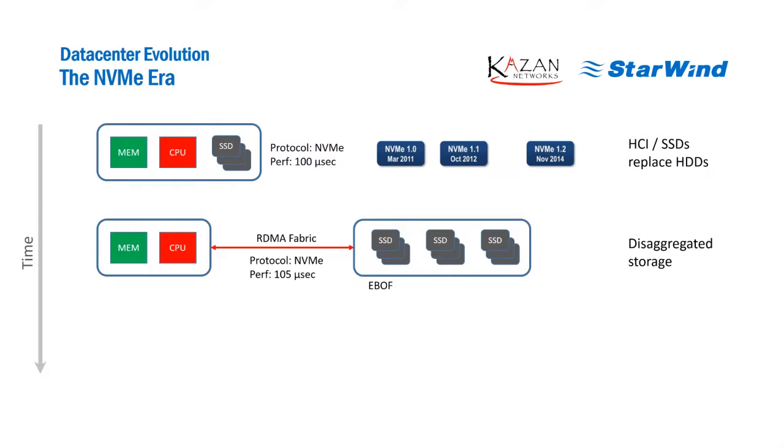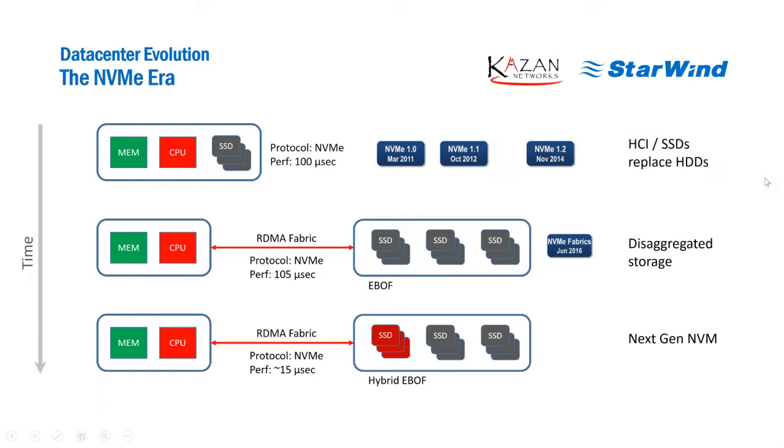And then the next phase here, which is a year or two off, is the anticipation of next generation NVM, things like 3D XPoint from Intel and Micron, or ReRAM from guys like Toshiba and Western Digital. These technologies are going to provide significant drops in latencies over today's NAND flash. There we're going to be able to see latencies drop down into the teens or even the single digits of microseconds. And that's where latency of the whole end-to-end solution from host to storage and back is really going